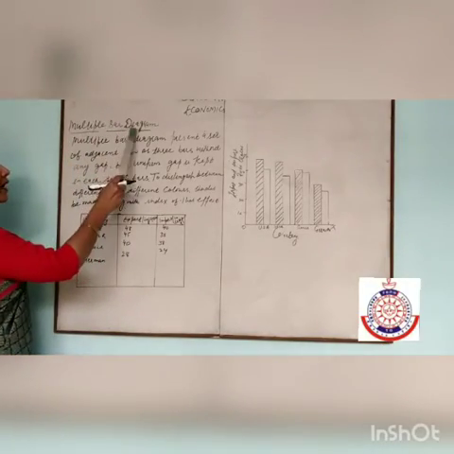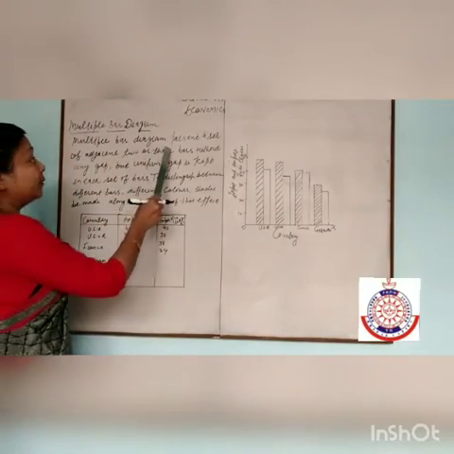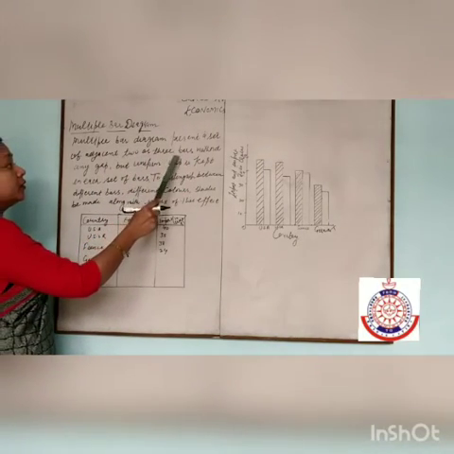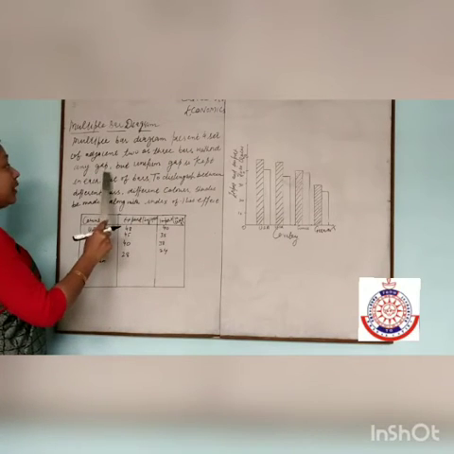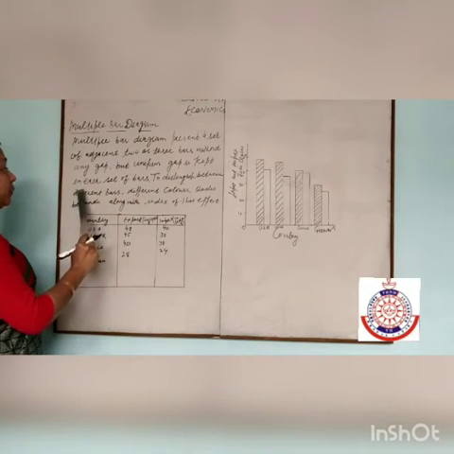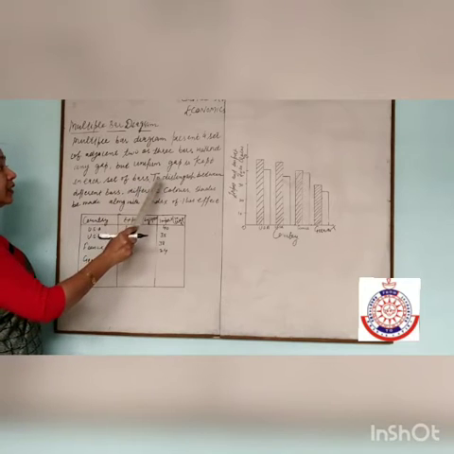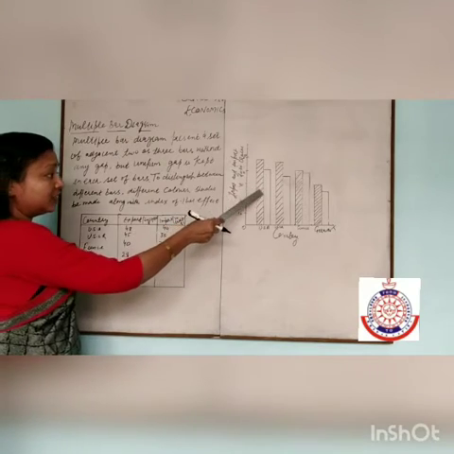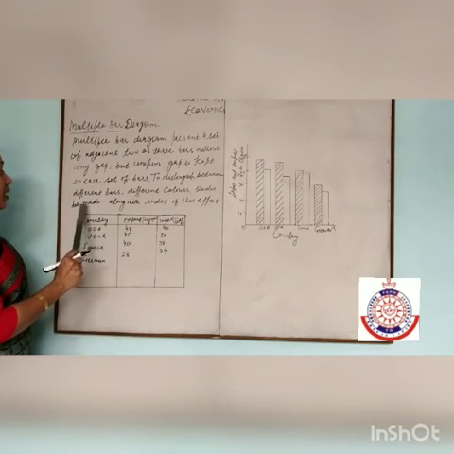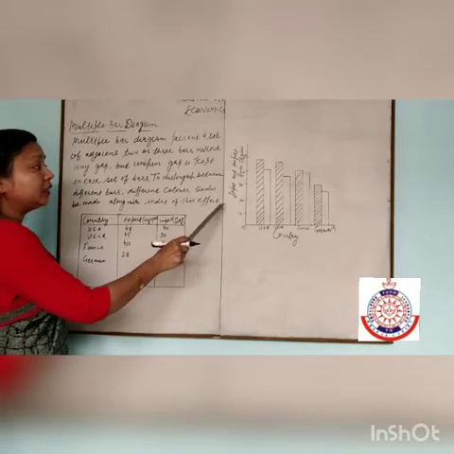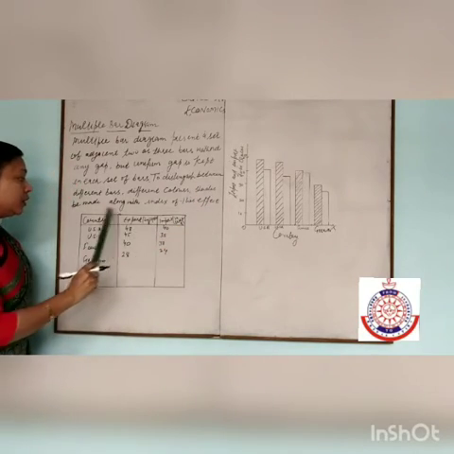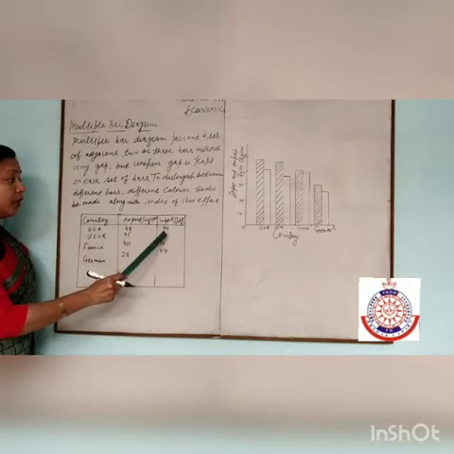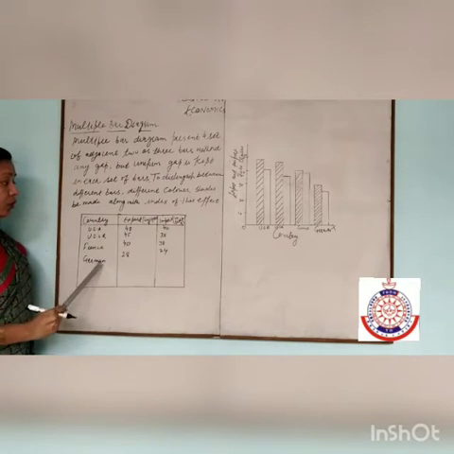Next is the multiple bar diagram. A multiple bar diagram presents a set of 2 or 3 bars without any gap, but a uniform gap is kept between each set of bars. To distinguish between the different bars, we use different colors or different shades, along with an index of this figure. Now, in a question, this data is given: country, export and import are given, different countries are given here,